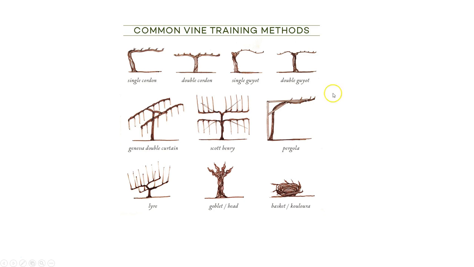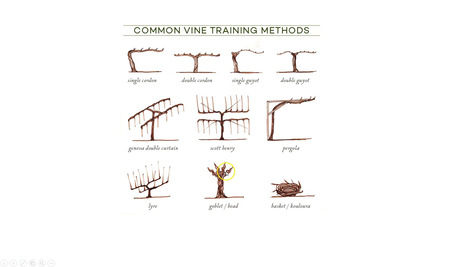We do see it in Rias Baixas in northwestern Spain, and this is used in areas where there's a lot of rainfall, and the leaves are above the fruit so that they act like an umbrella for the fruit. You also see a lot of it in the major grape growing regions of Japan. They have monsoon rains. Then of course you have Lyre, and then head trained vines or goblet vines,